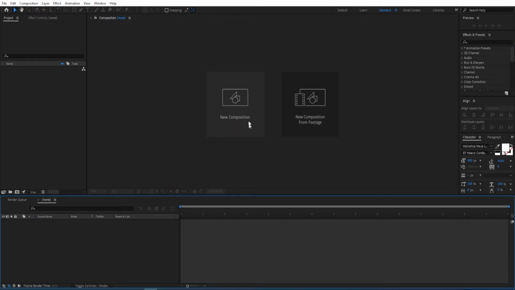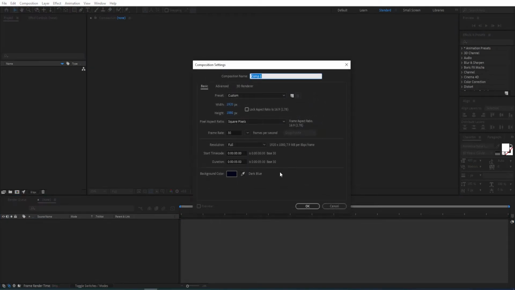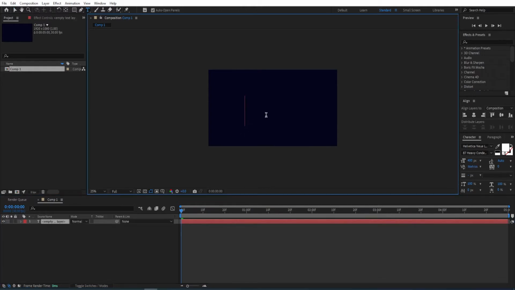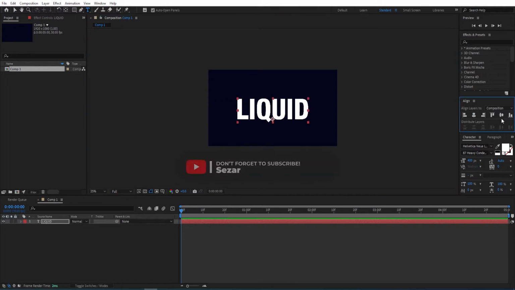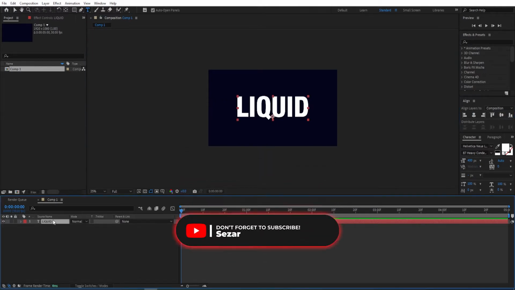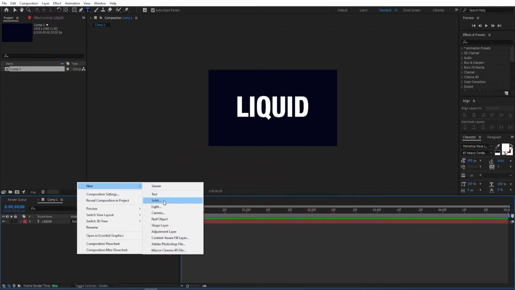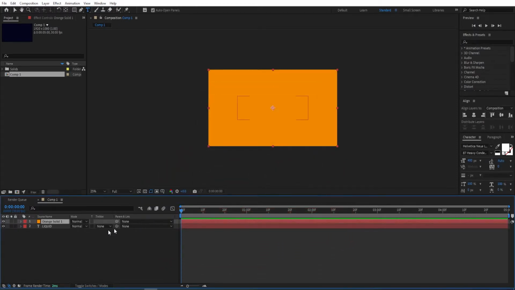So open After Effects, create a new composition with the standard settings, click OK, and then select Text Tool, type in your text, and I'm gonna align this into the center from Align panel. Now right click here, go to New, and then click on Solid, click OK, and then drag this